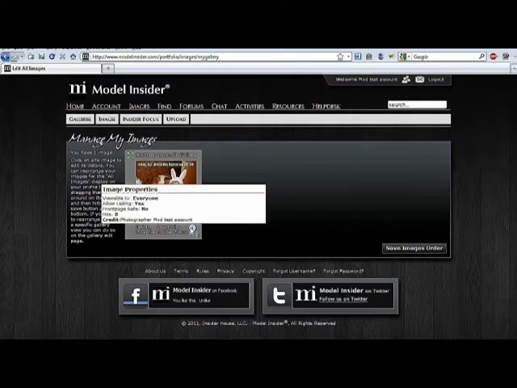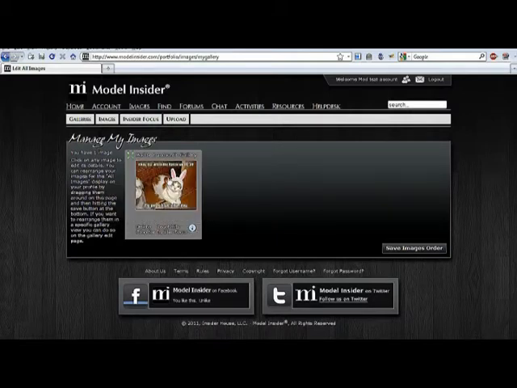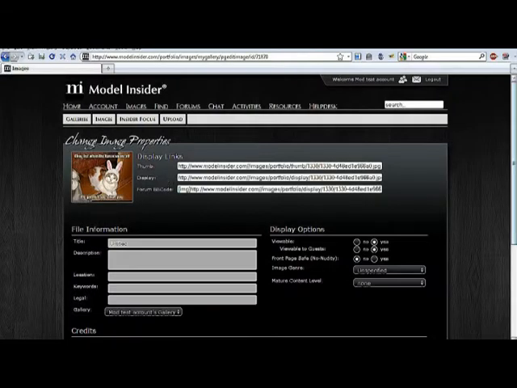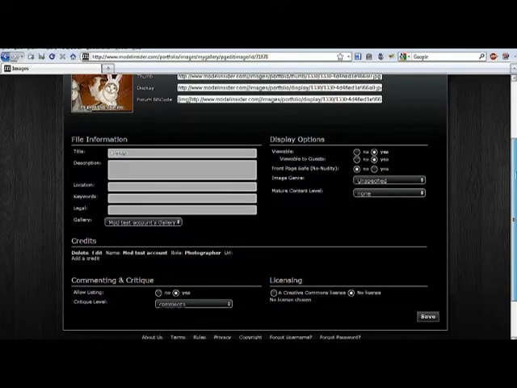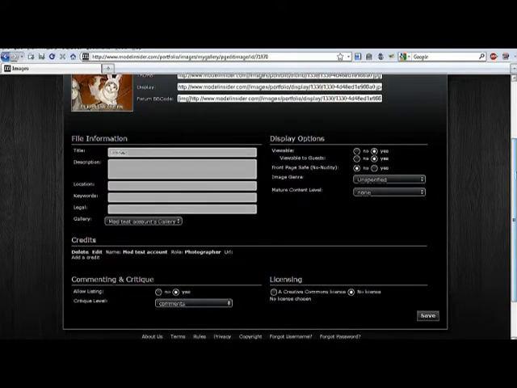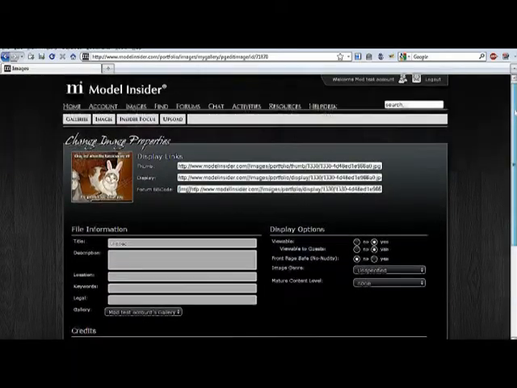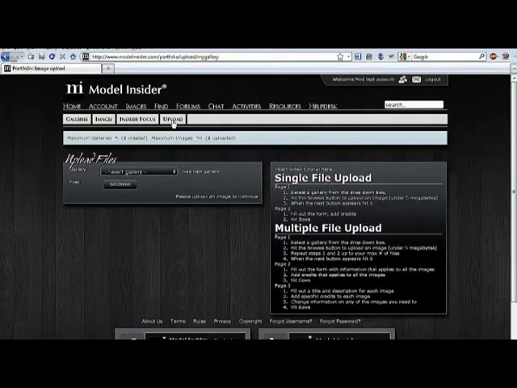Hovering over that with your cursor will give you the basic image property and number of hits or views for that image. From there, if you want to change any of the options or image information, simply click on the thumbnail, and you can change and update all of the image information as you choose, and hit Save when you're done. Again, none of this is required. If you just want to simply upload all of your images, you may use the 3-step process. If you do want to change any of your information or add additional credits to the image or change options,